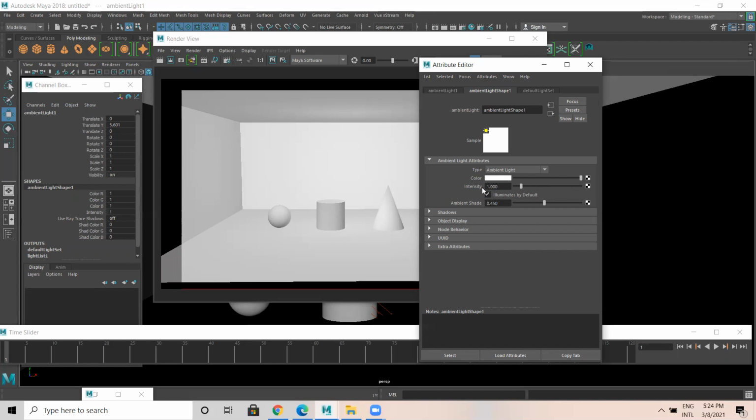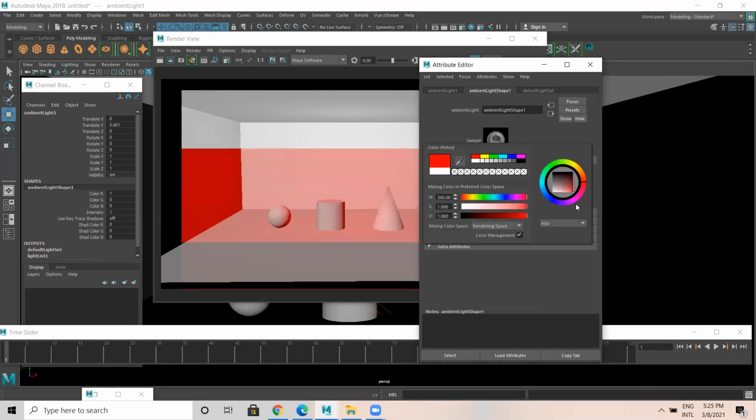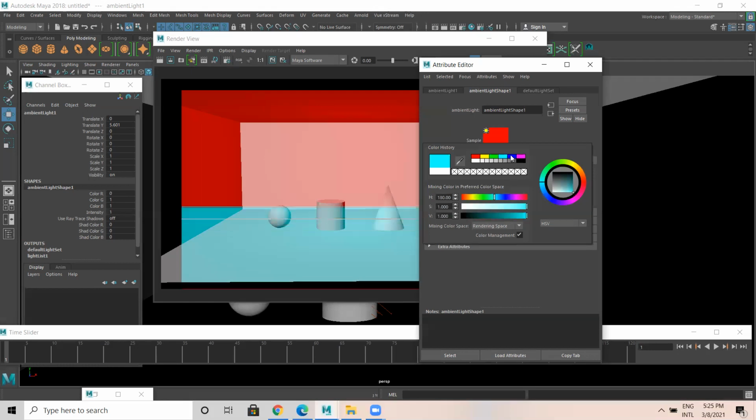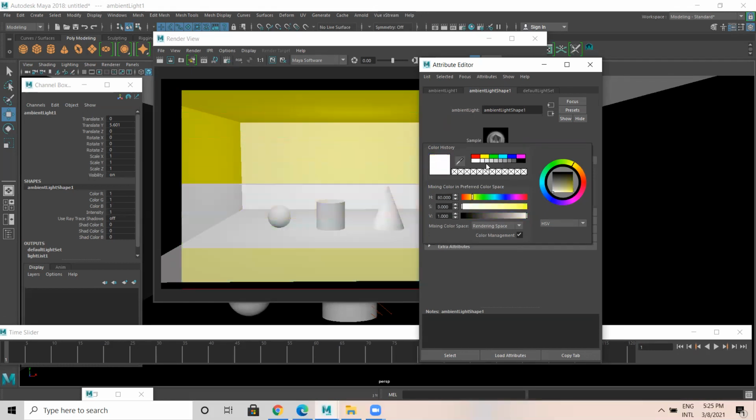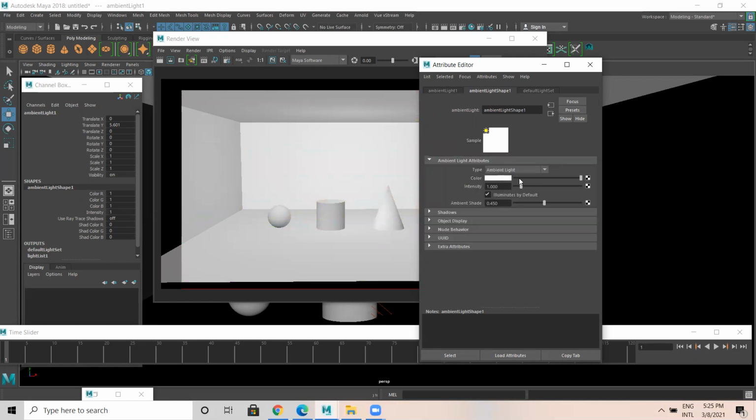These are the default attributes: color and intensity. Color is nothing but what color of light you want. Let's say, for example, I want red color light. You get red, cyan, blue, green, yellow, white. Now, intensity is nothing but the power.